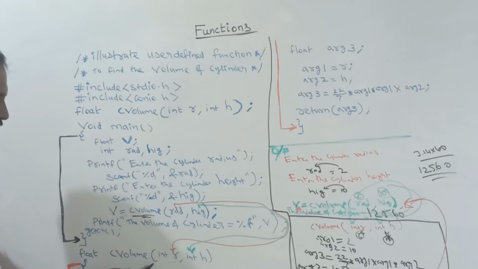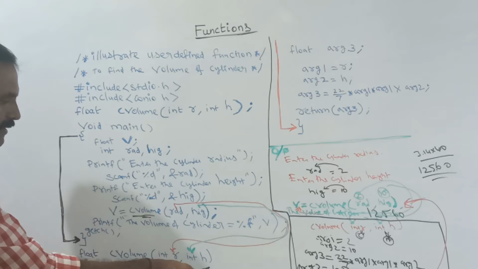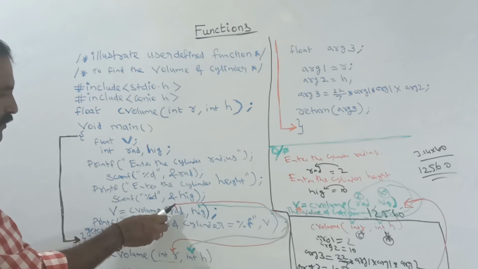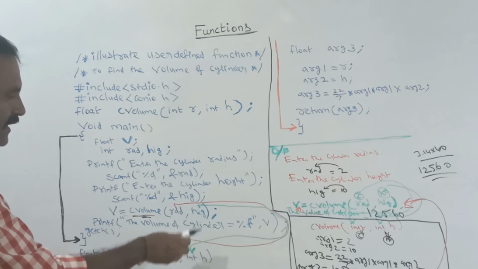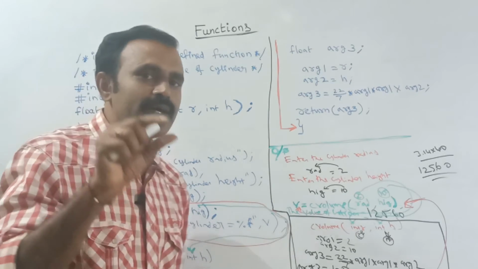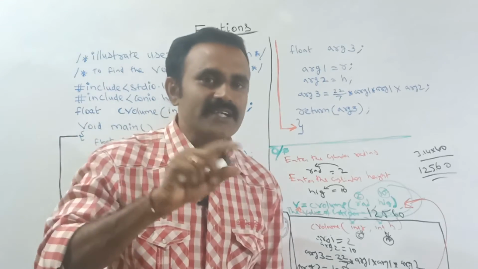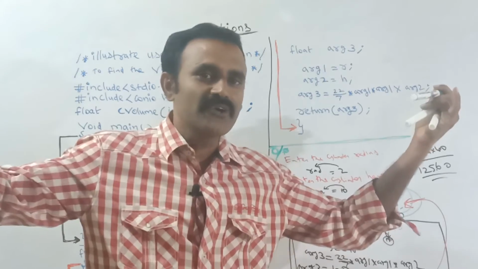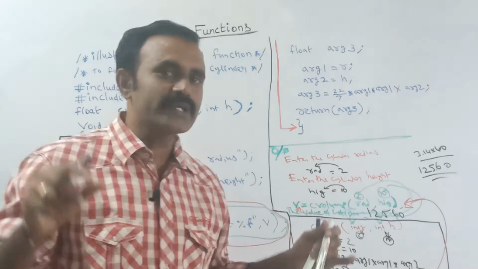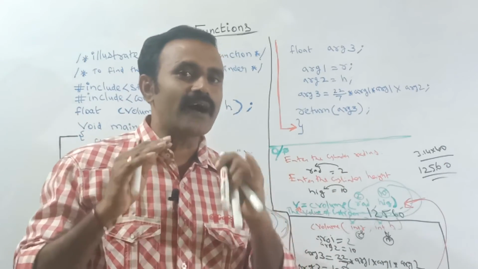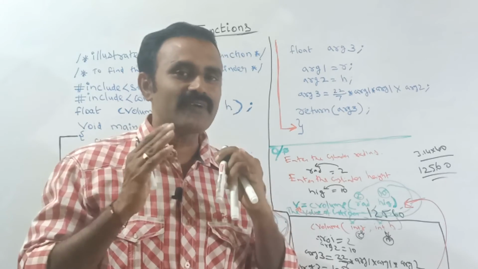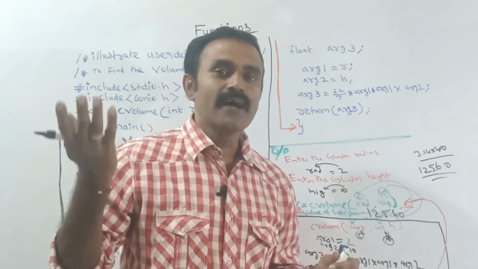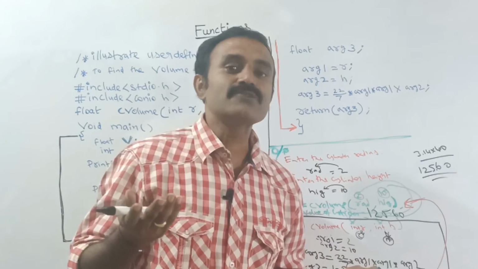The first argument will go to the first parameter, and the second argument will go to the second parameter. The main thing is you should pass them accurately. Suppose you declare the user defined function with 3 arguments and you pass 5 arguments, then it will show an error. So exactly the arguments we have declared should be passed. If you pass an extra argument, it will also show an error.